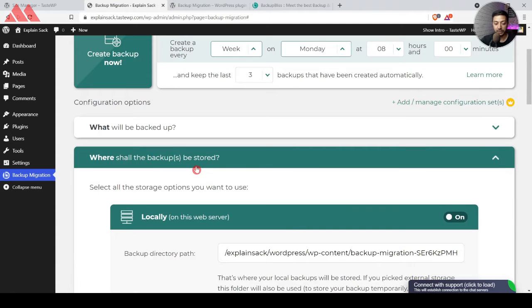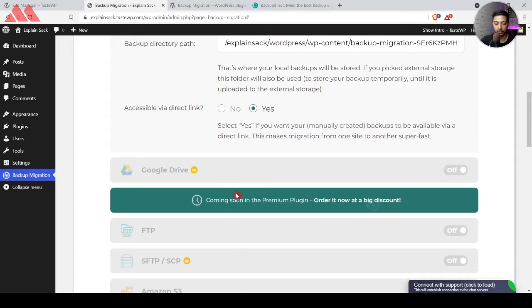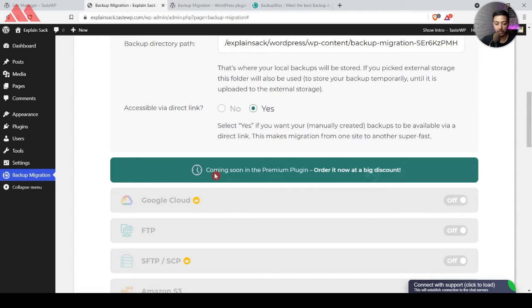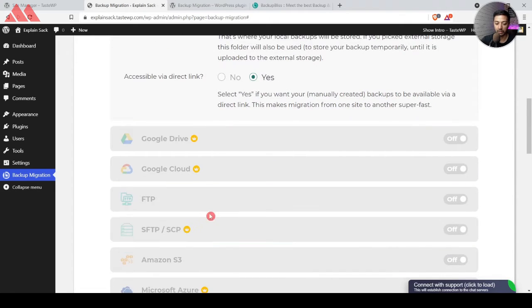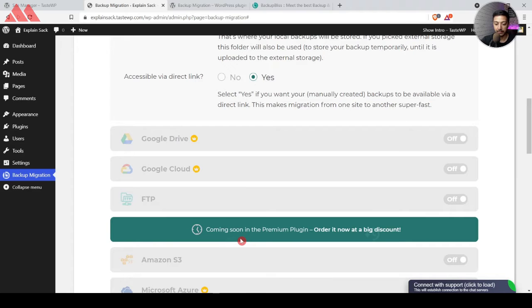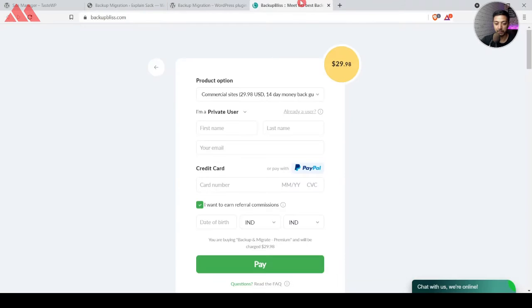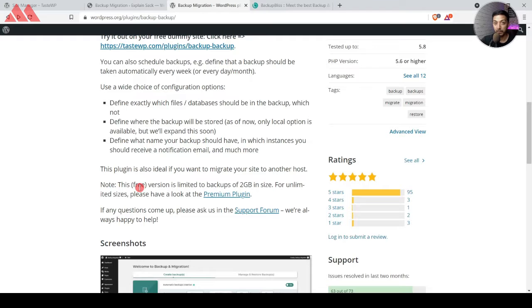But as of now, this plugin does not have an option for remote storage. As you can see, all the remote storage locations say coming soon, and they might not be available for free once they launch them. Their premium plan says commercial license for $29.98,